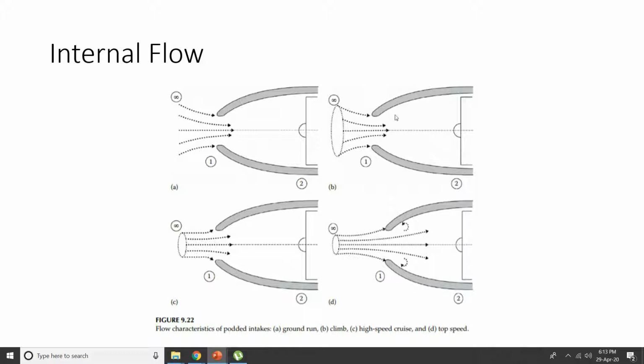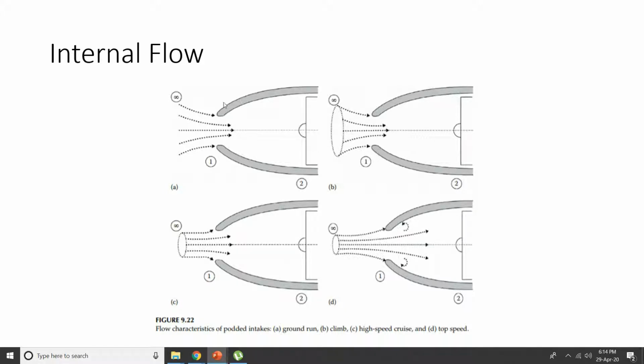Since it is a fixed inlet, the maximum amount of work that you obtain from this inlet is during your cruising period. The aircraft spends the maximum amount of time in its cruising period, while landing and takeoff are very short compared to the cruise period. So the inlet would be designed in such a way that the maximum efficiency, or the maximum working condition that you require, will be fixed at that point. So probably it is in these two stages, C and D. Therefore the inlet would be designed to provide that much mass flow rate at that speed.